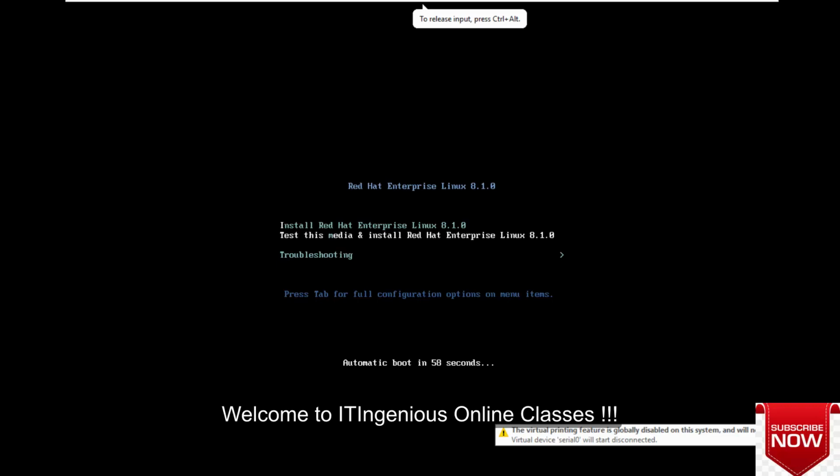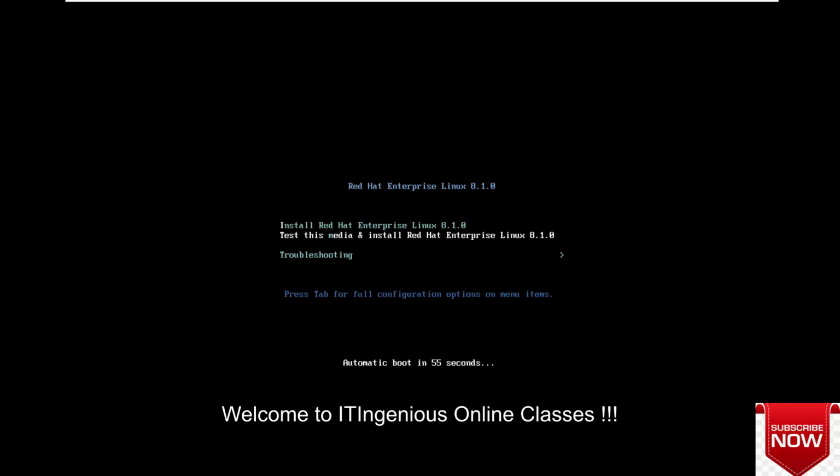So now you are getting two options here. You can see we are going to install Red Hat Enterprise Linux 8.1.0. One is Install Red Hat Enterprise Linux, and the second one is Test this media. If you want to test whether your ISO file, your DVD, the files or packages are correct, and all files are there, you can choose the second option. So before installation you can test your media. I know my media is okay, so I'm going with my default option, which is the first option, Install Red Hat Enterprise Linux. The booting process will start, and all files will be loaded here.